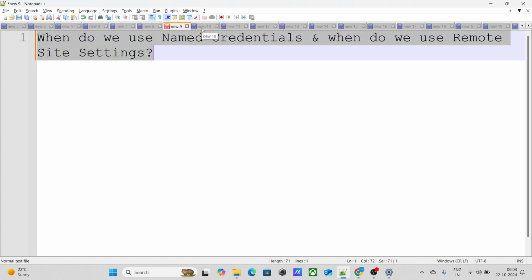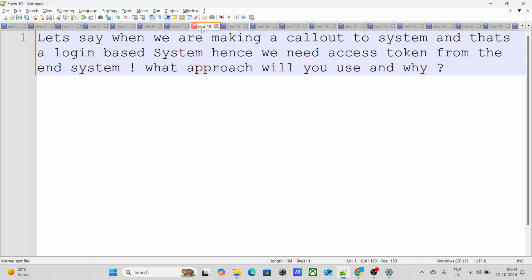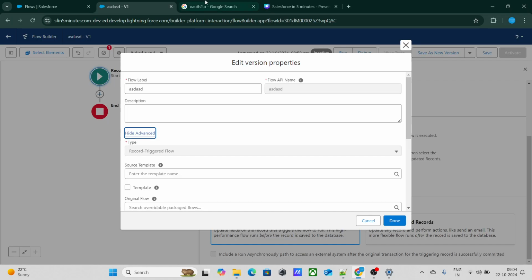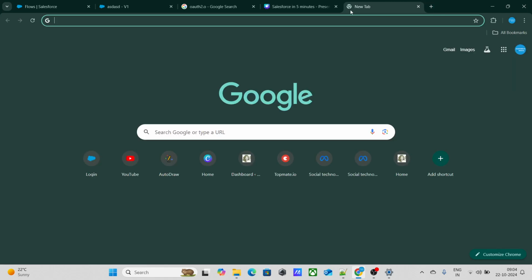Let's move on to the next question. Let's say we are making a callout to a system, and it's a login based system, hence we need an access token from the end system. What approach will you use and why? Whenever you are going to make a callout to an external system, if possible, we can go to